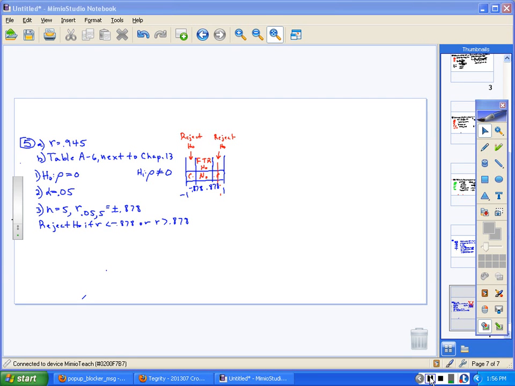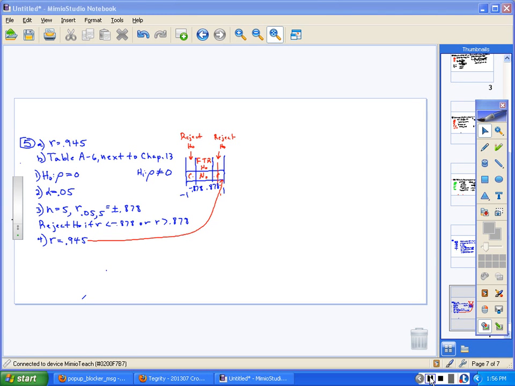Okay, but here comes the good news. For step 4, your test statistic is r. So all you do is look back up at part A, and you see that for r you got 0.945. So you don't have to do another calculation. But you do have to rewrite it in step 4 to show me that that's what you're using. If you leave that out, you're going to lose a point. Okay, so we got 0.945, which is larger than 0.878. So we reject H0,